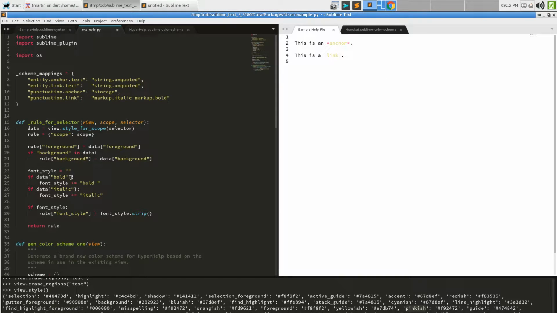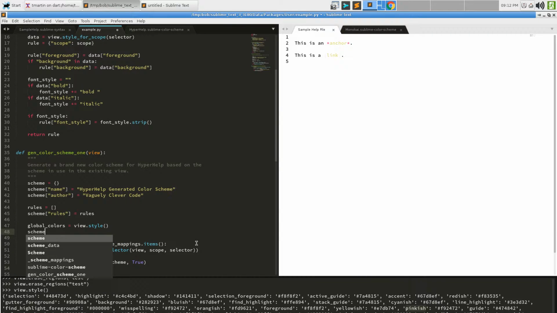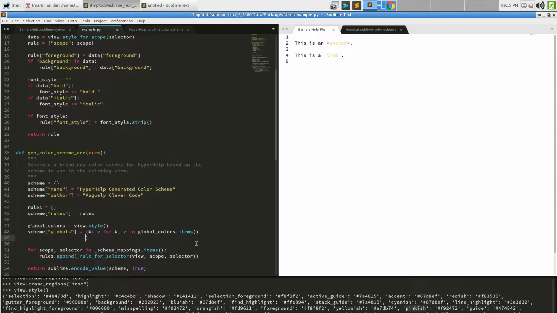So we can easily solve this particular problem in here by getting the global colors, which is all of that, and then saying scheme globals is equal to k, v for k, v in global colors.items() to iterate over the dictionary, but only if not k.endswith('ish').